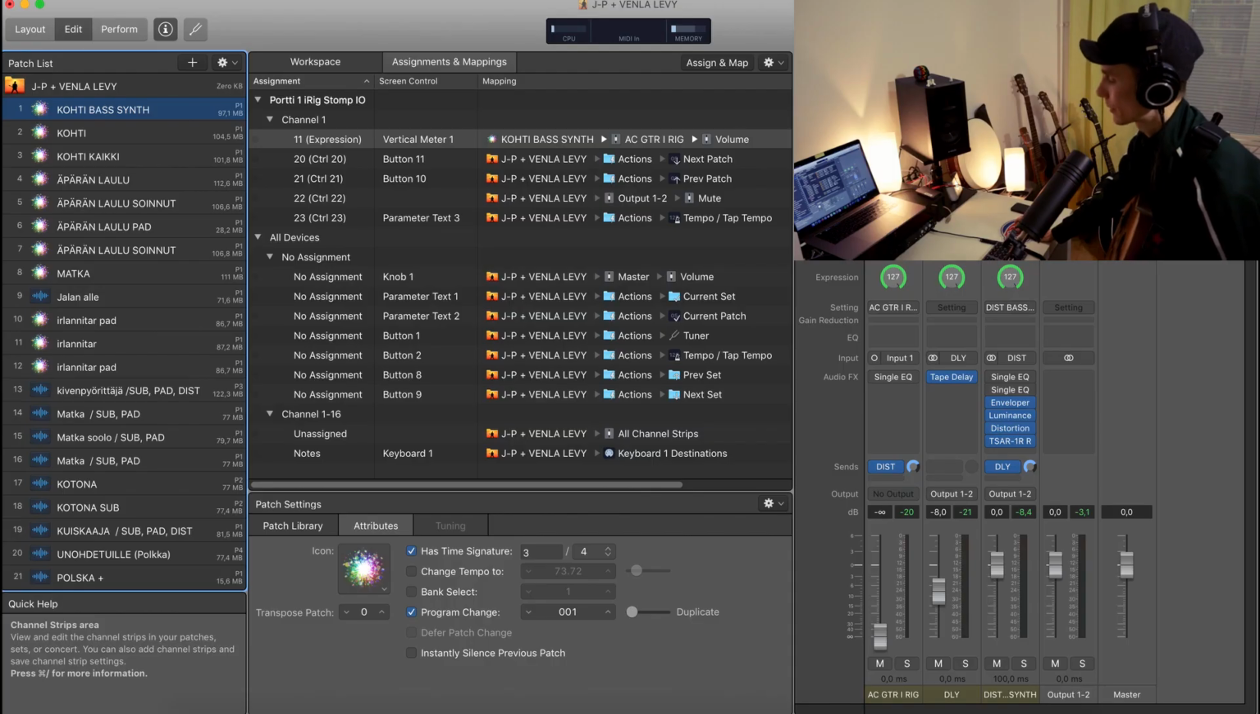Okay, MainStage is open, and this is the window I look at when I'm performing or working live with MainStage. Here on the left are all the patches I've programmed for different sounds and different songs. Here in the middle is the map of all the MIDI assignments and MIDI control programming that I've done for